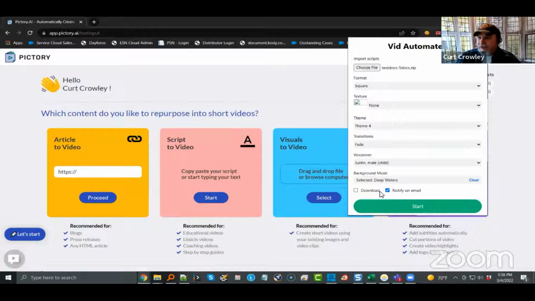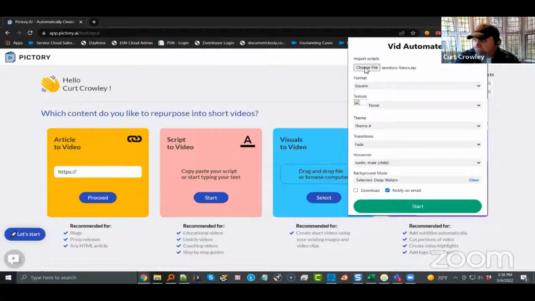Pictory works best whenever you upload it. It creates the scenes, and then you go away and you allow it to email you when it's done creating the videos. This is better for their server resources. And it's also better for your own mentality, because watching this work and sit on the page while it's trying to generate the videos is mind-numbing. But once again, that's the reason why we're doing automation.